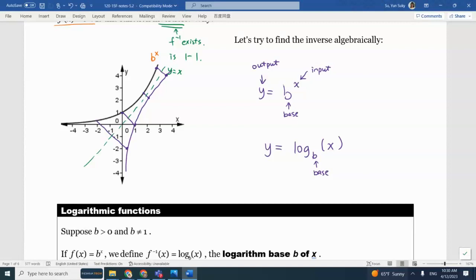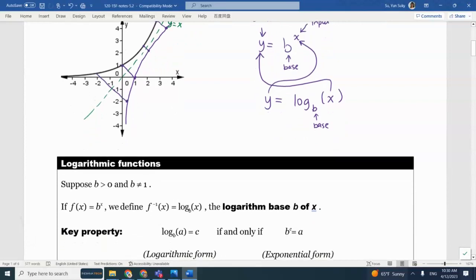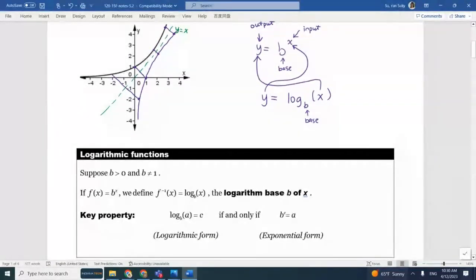Now x is going to be, because this is the inverse function, x is like the y and the y is like the x. Because it's an inverse function, you kind of switch the x and y. So therefore here, suppose b, the base, is greater than 0 and the base is not 1. We define the inverse function to be log b of x, and this is the logarithm base b of x. Key property,